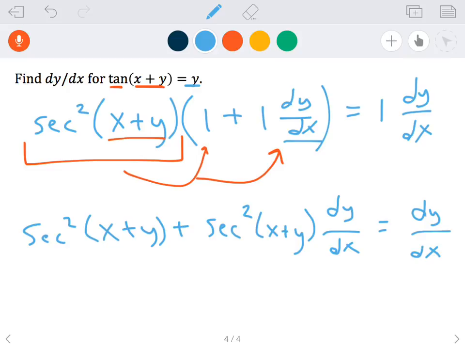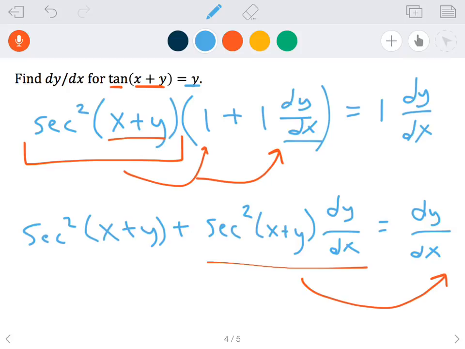I need to get my dy dx's together and my other terms on the other side. So I'm going to take this term and move it over here. That'll get my dy dx's together. So I have the secant squared of x plus y equals dy dx